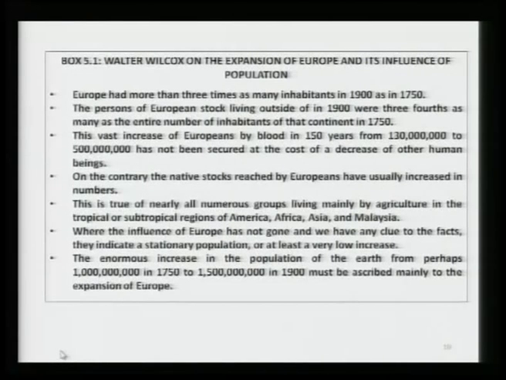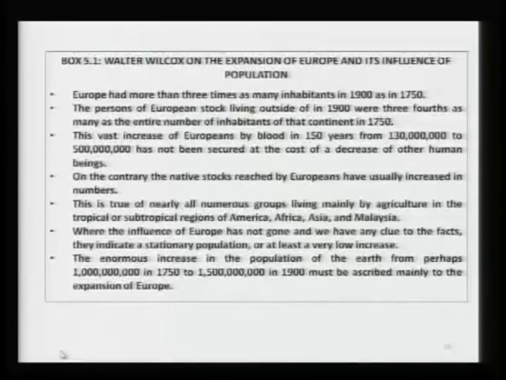Means, wherever Europeans went, their population expanded, but simultaneously population of others also expanded. So, it was not because of any conflict or because of genocide or something. European population increased, population of natives also increased. Wilcox may be trying to suggest that there was some kind of civilizational effect on others, and as civilization spread, population of other countries too expanded.